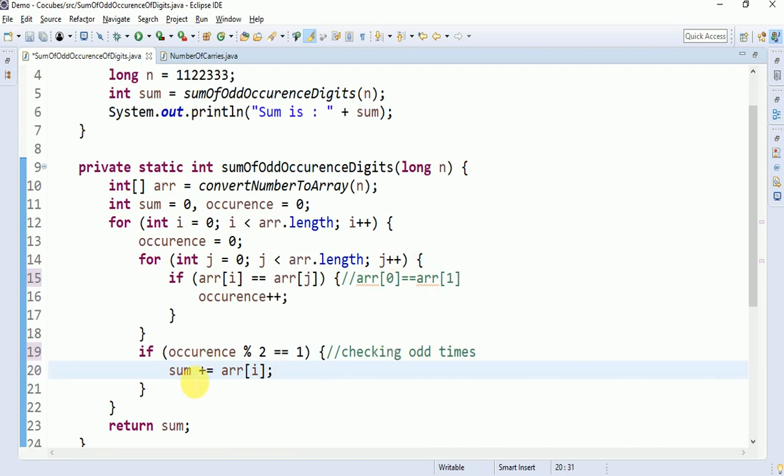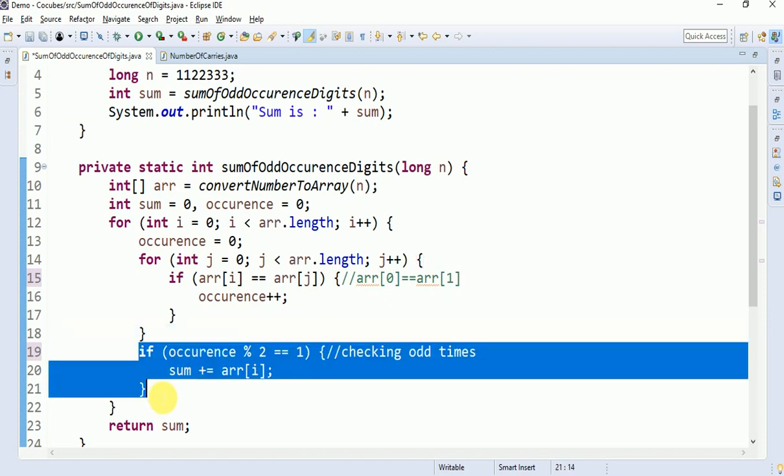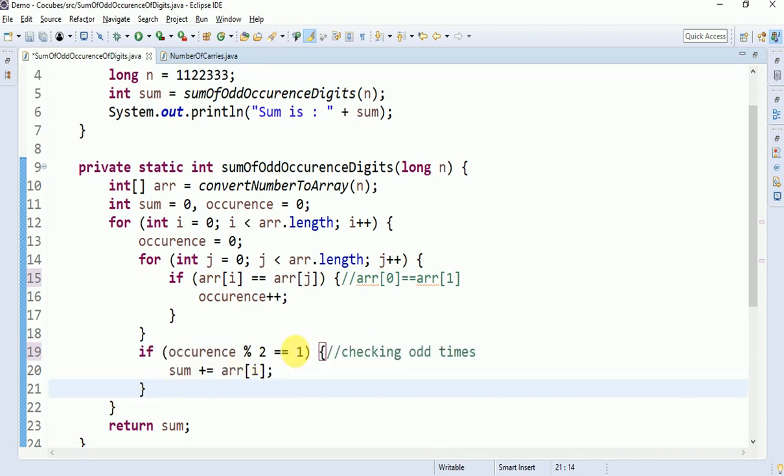Sorry, occurrence. What is the occurrence of 1? It is 2, right? Okay, 2 modulo 2, the if is not satisfied. It doesn't enter the if. Now what happens? Again I plus plus, which means it points to the second element of the array. For counting the second element, again your occurrence should be initially 0.